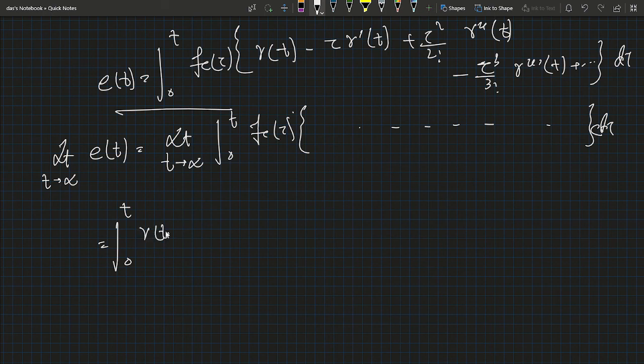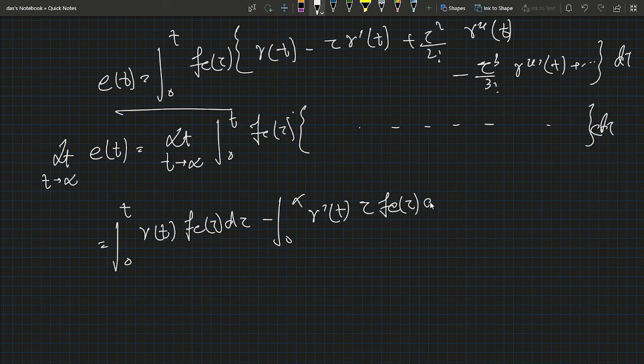The first is r(t) times f_e(tau) d tau, then next the integral from 0 to infinity of r'(t) tau f_e(tau) d tau, and the another term is the integral from 0 to infinity